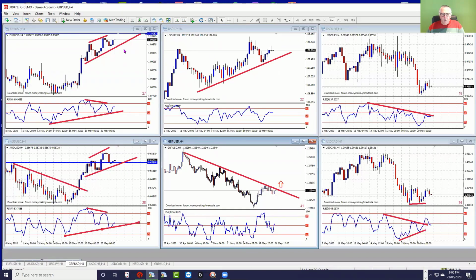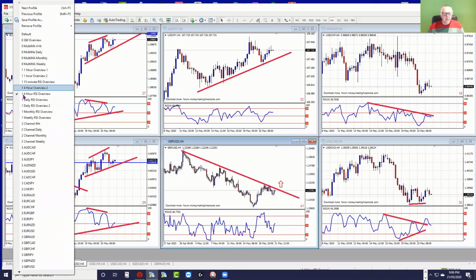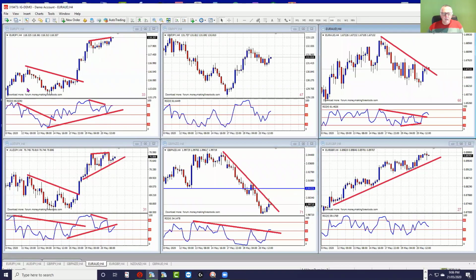You can see they're all near pretty good trend line violation turning points, so you literally have to watch them. Or if you have our magic trend line EA, you just set the EA up to watch the trend line violations for you. So let's go and have a look at the other 4-hour charts, and again, a nice divergence,